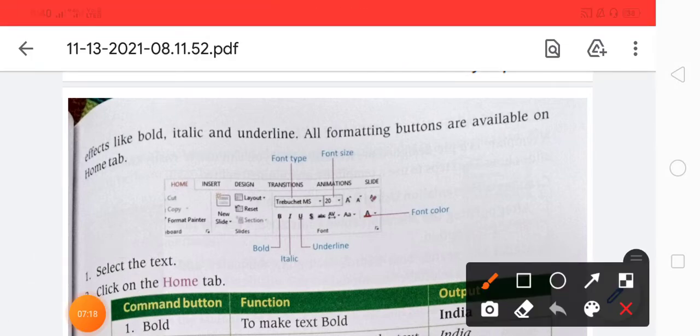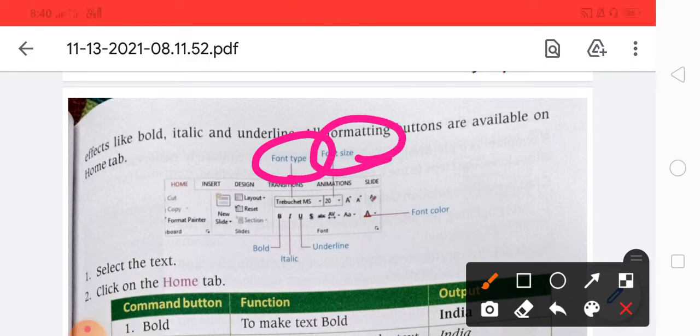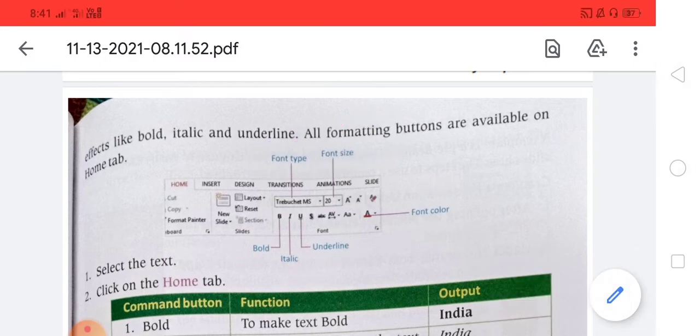This one is font type and this one is font size, and in that small triangle you just click on it and then choose whatever text size you want. This one is the bold option, this one is italic, this one is underline, and this one is the font color option.